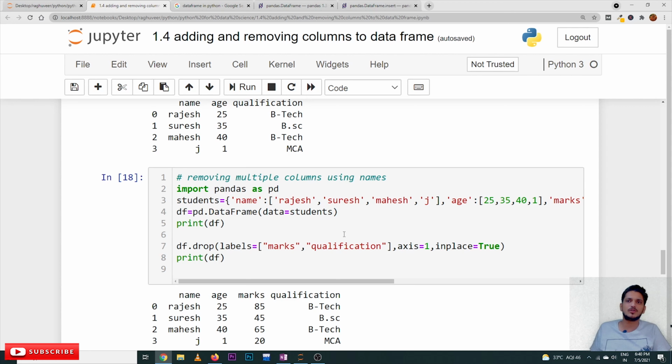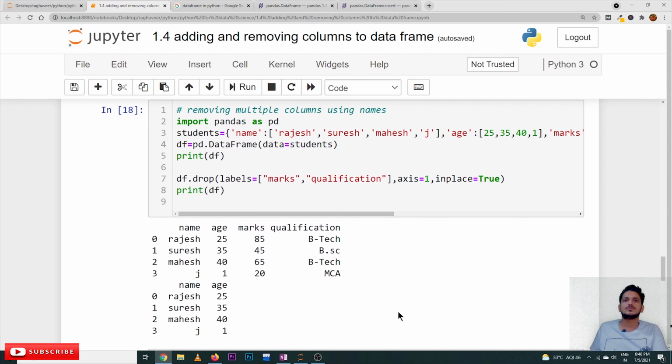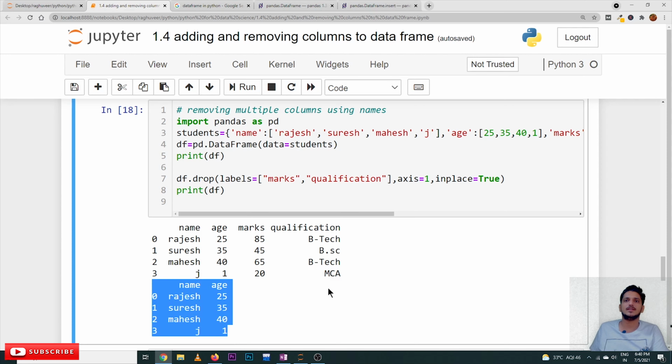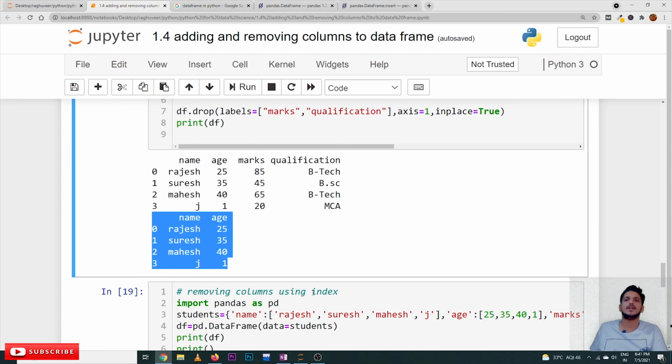By default the drop method will return a new data frame. If you want to make it in place, then we use the inplace option, inplace is equal to True. This option is eliminating marks and qualification. So what's the output? It is displaying name and age. Marks and qualification are deleted.